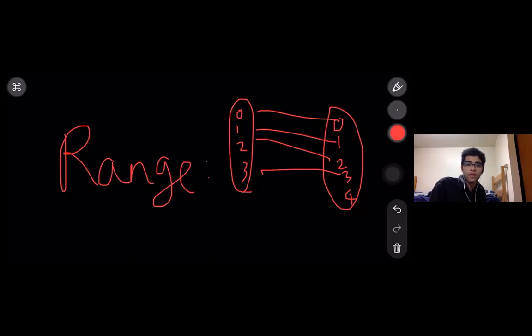Okay, one person. Very good. So it's 0, 1, 2, 3. No, it's not 4. It's not the count. It is the set of numbers. So we're not saying how many numbers, we're just saying which are the numbers. So it's 0, 1, 2, 3. That is the range of this function.